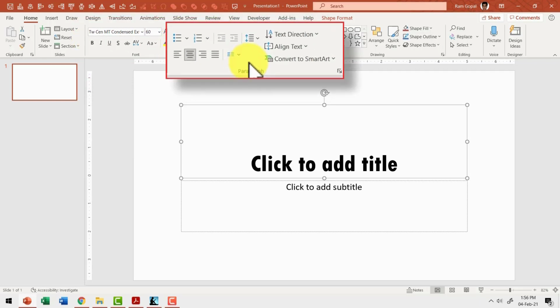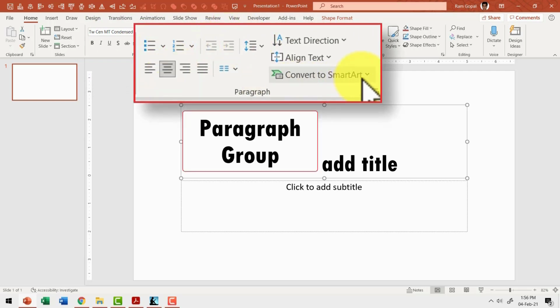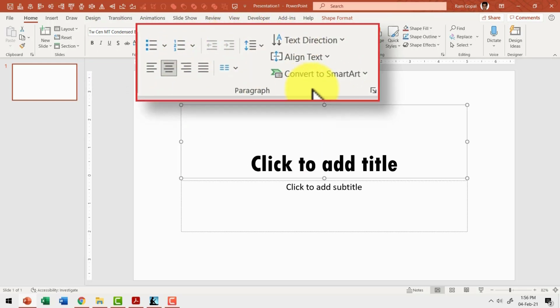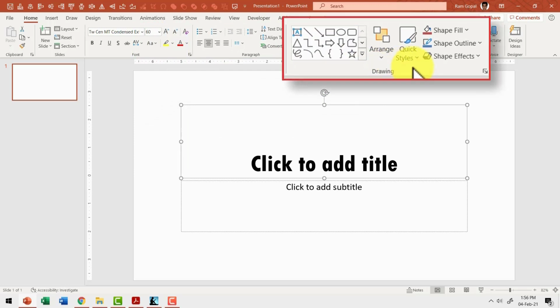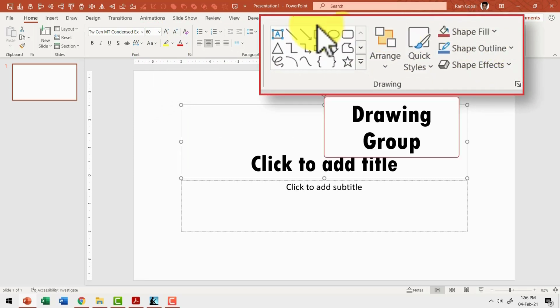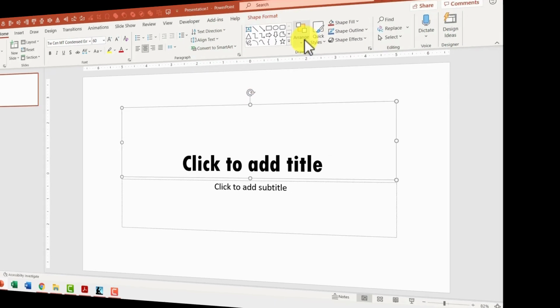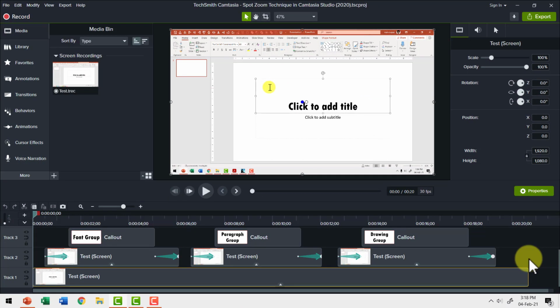goes back, and then I point to the next group. The whole point is zoomed in, I explain, and then it goes back, and then we move to the next group, show it in detail with zoom, with the caption, and then it goes back. Now let us go behind the scenes and understand how I achieved this effect.